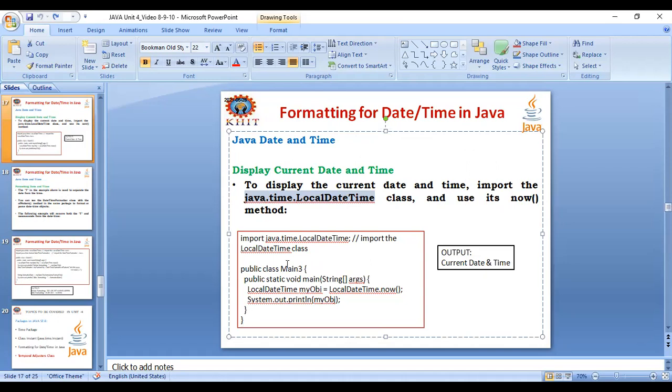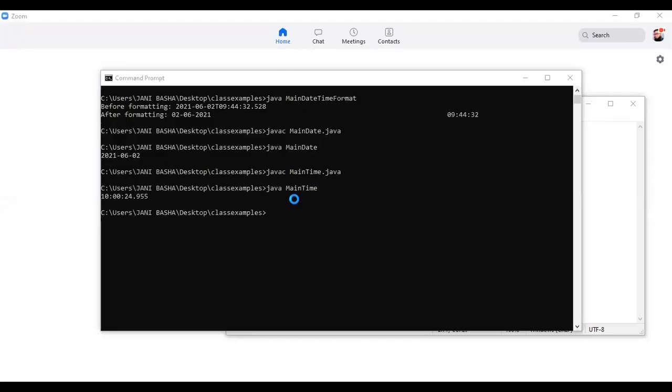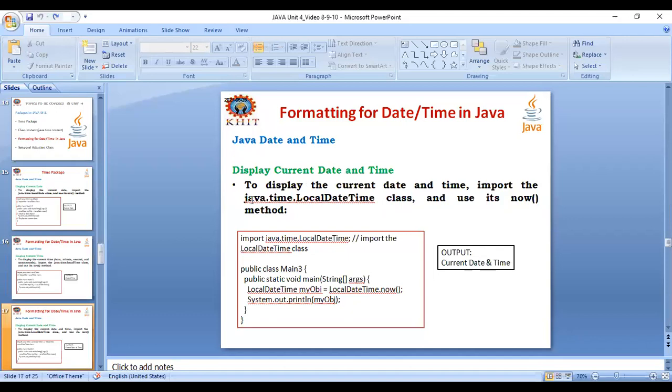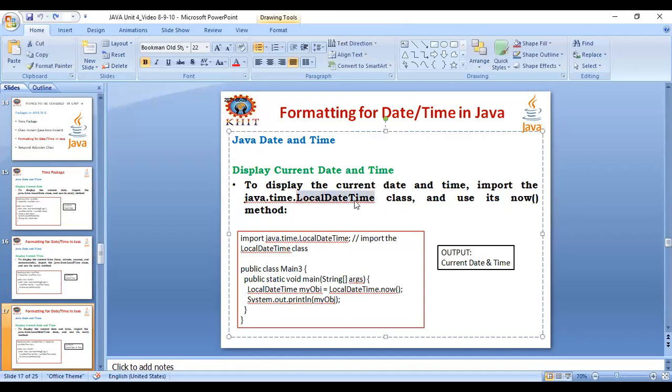I'll execute this program also. Here you need to refer to LocalDateTime. If you want to print both the local date and time, then you need to use this java.time.LocalDateTime class. It is purely a single word where L is capital, D is capital and T is capital.